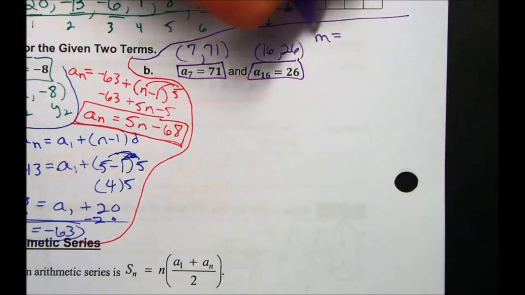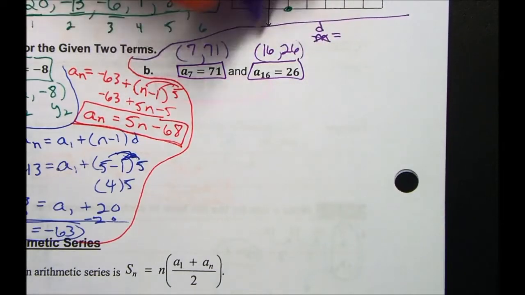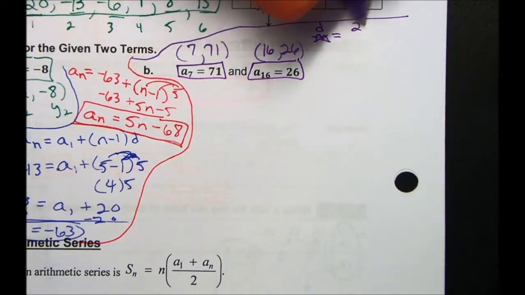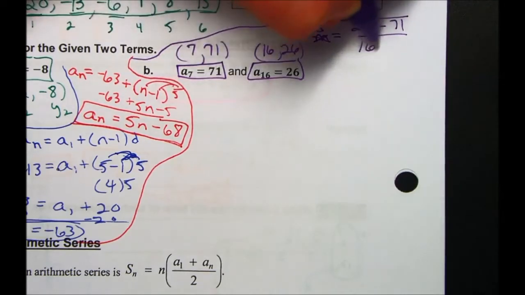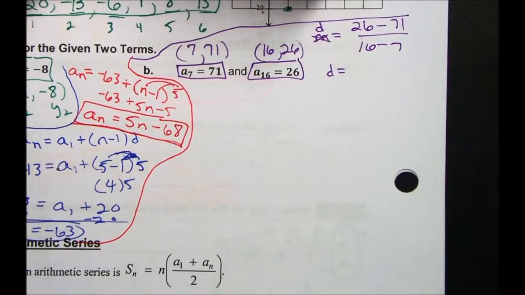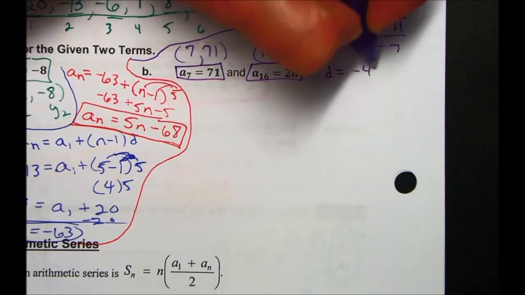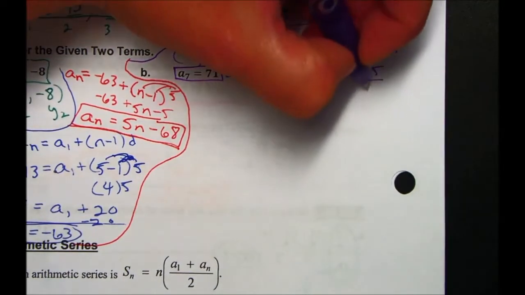So my slope or common difference is y2, 26, minus my y1, which is 71, over 16 minus 7. When I subtract, I get negative 45 over